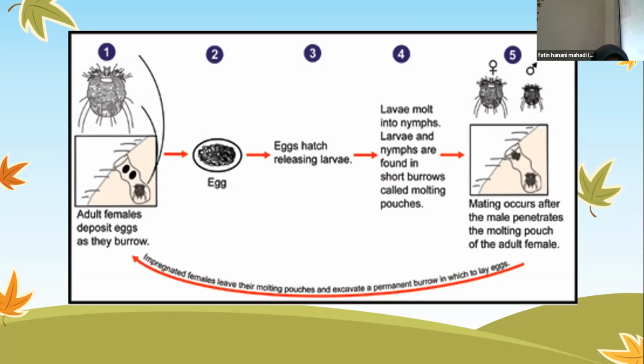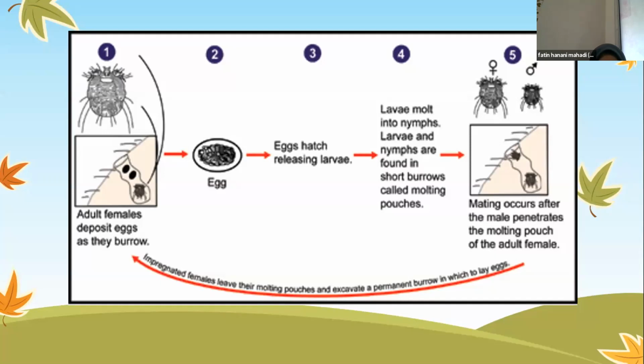As the female finds a suitable condition, it will begin to create another burrow and lay eggs at that site, just like in that cycle. The thing is, it will stay in that burrow for the rest of her life. Meanwhile, the males are rarely seen and they make temporary shallow pits in the skin to feed until they locate a female's burrow and mate.